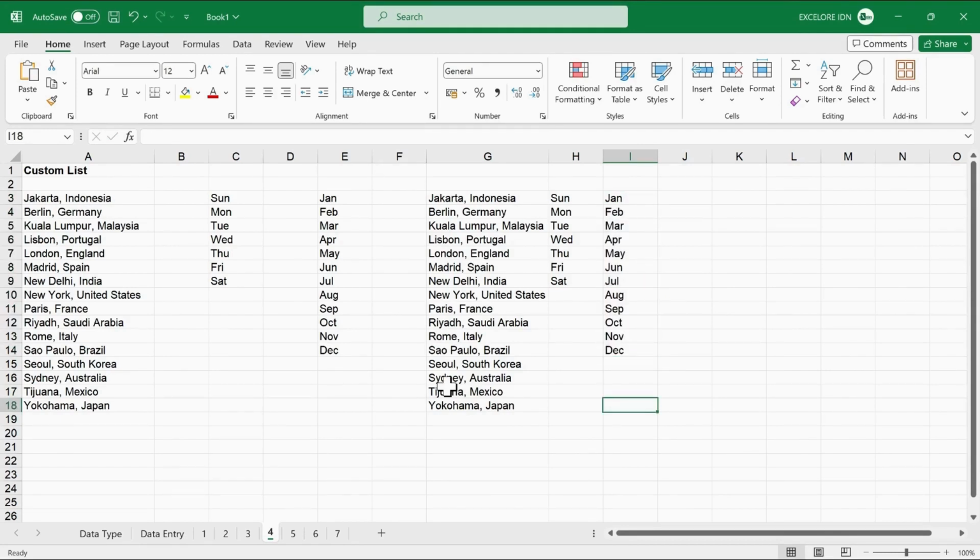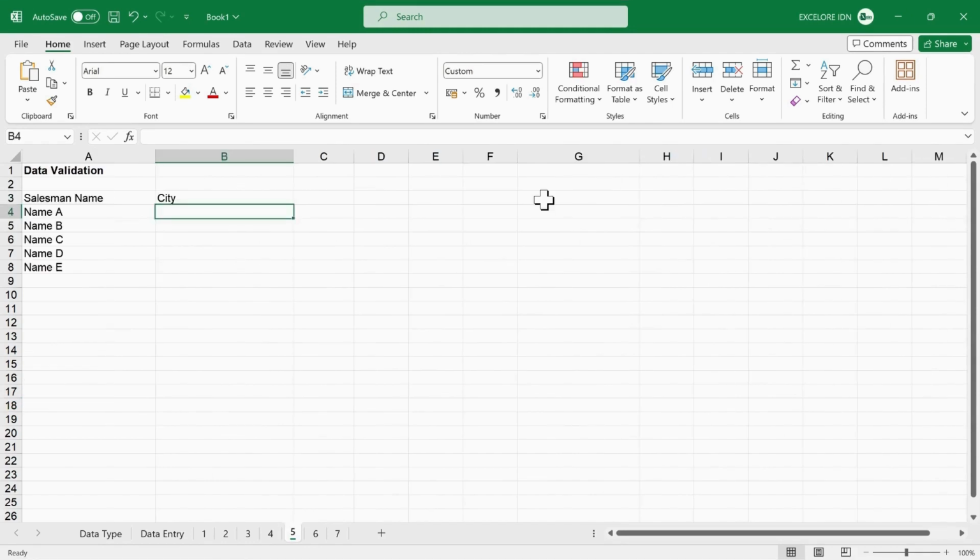We will now move on to data validation. Data validation is a valuable tool to limit data entry into cells based on specific criteria, which can prevent input errors and expedite the data input process. For instance, when completing the salesman data with their corresponding cities in column V, manually typing each city name is time-consuming and prone to errors. This is where data validation comes in handy.